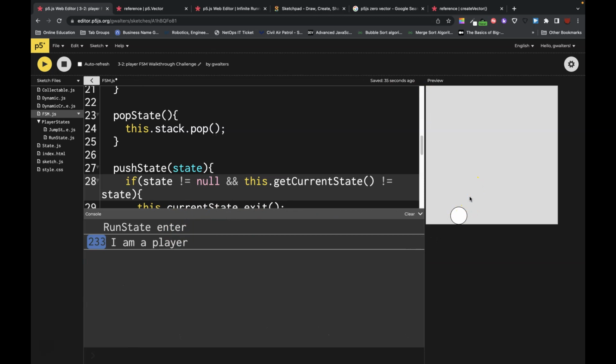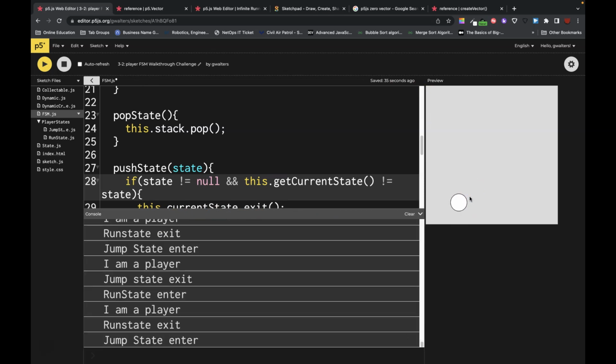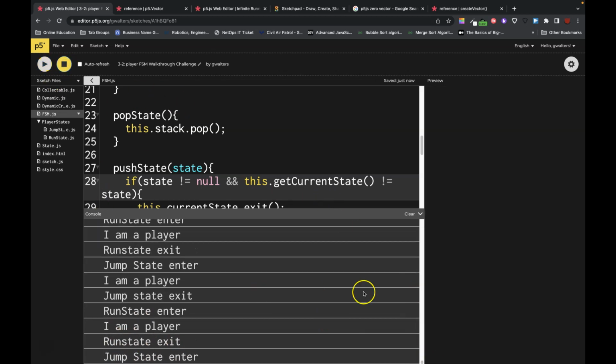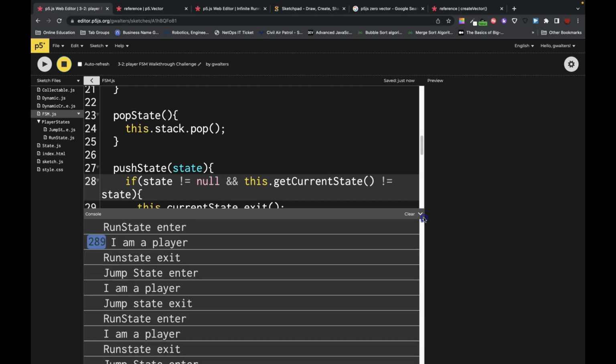I click on the canvas. I'm hitting the space bar. Now we jumped. So look, we're doing the jump state exit. We're running. So let's just stop. We're going to have to tweak this, but that was all happening automatically. So the run state we entered when we pressed jump. So we were here, we pressed jump, we exited the run state, then we entered the jump state,